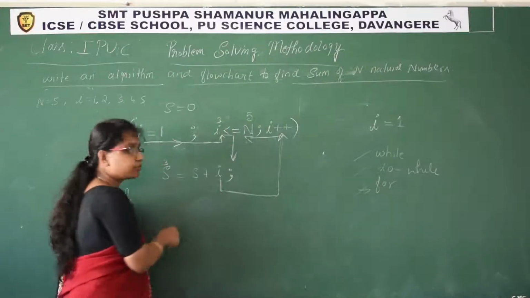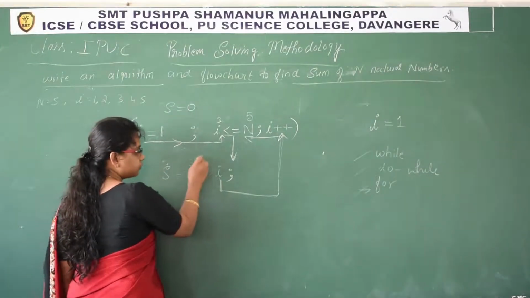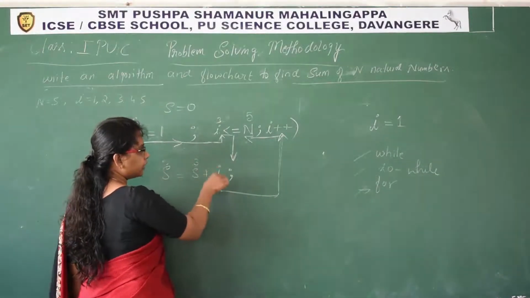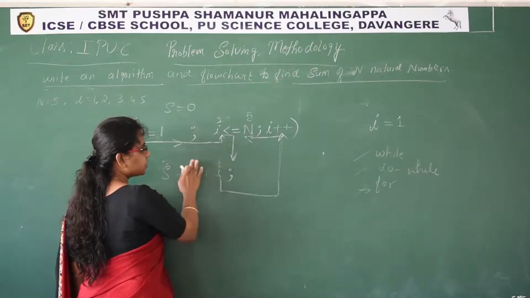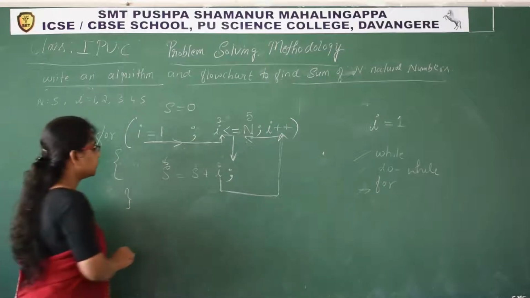So what was the value of S in the previous iteration? 3. 3 plus, what is the value of I right now? 3. 3 plus 3, 6. 6 will be stored in S. Okay. Next,